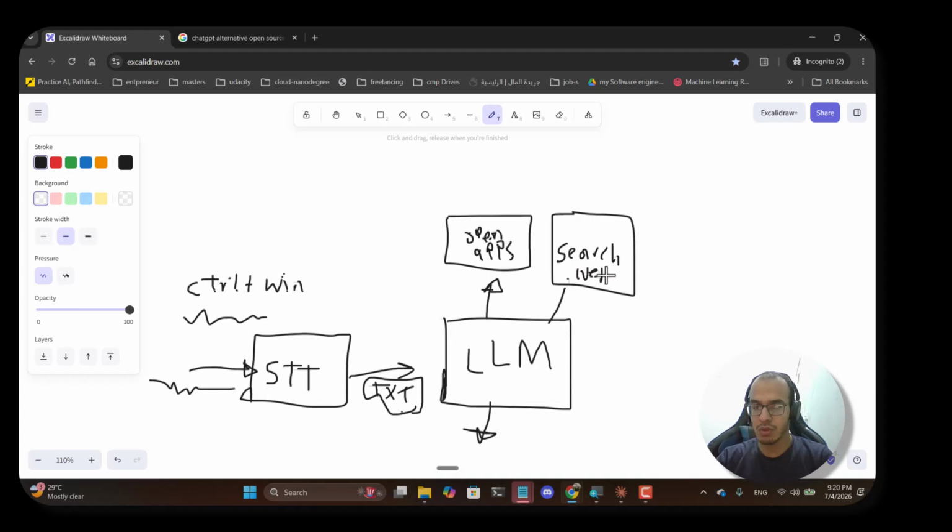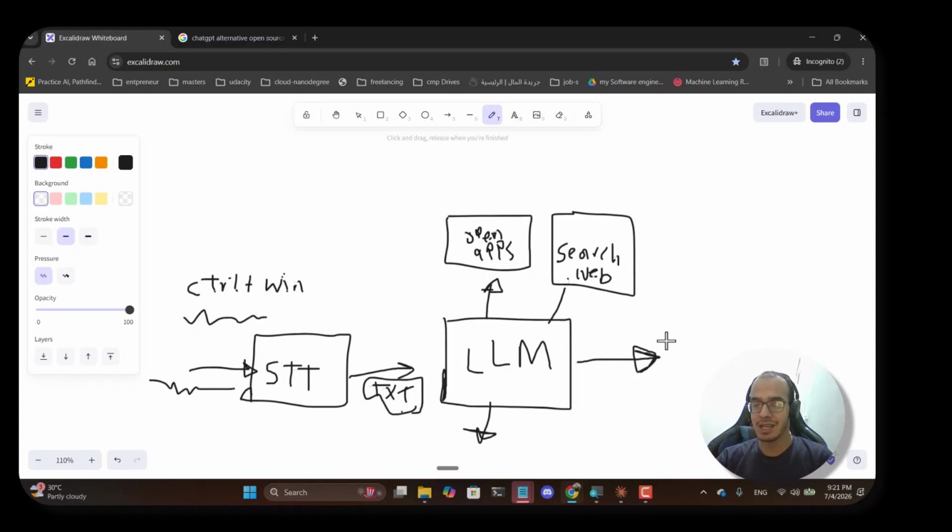We will try to also discover some other important tools that we can give to the LLM to be able to do some useful tasks. We will see. Okay, so after the LLM has finished understanding and maybe having an answer to our question or something that we have spoken in speech, it will have to respond to us, and to be able to respond to us,